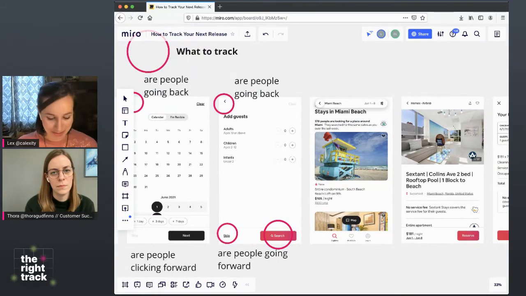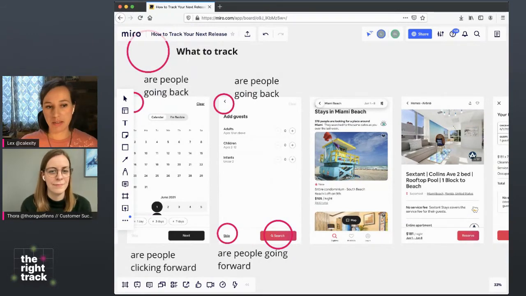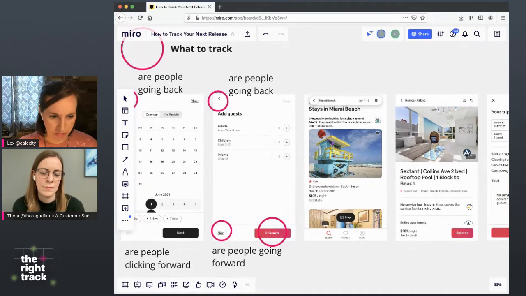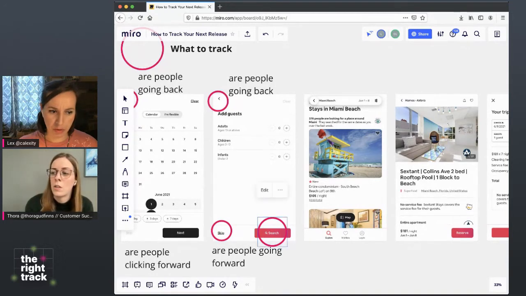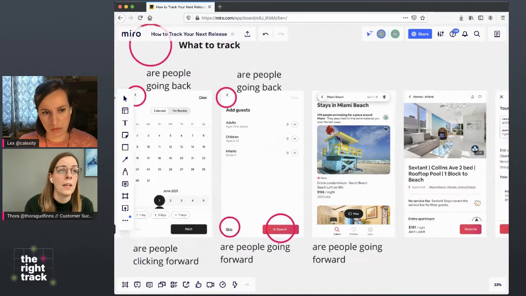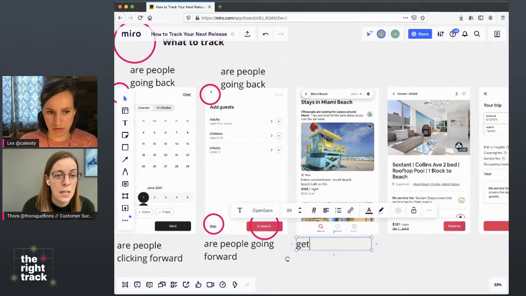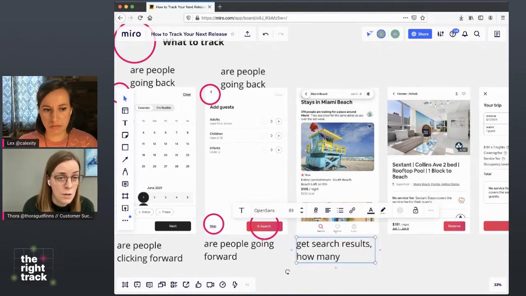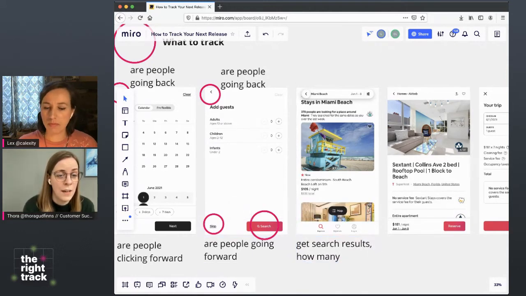All right, we're here. We've searched for stays in Miami Beach, and we have some things to choose from for our reservation. What might we want to look at here? We want to know maybe how many listings loaded, like the fact that they saw listings. Searches are very important in that way. So I think just getting search results, that is an important event as well. Because how many search results and the quality of the search results that you get is going to affect so much how you're going to continue and how you're going to go forward after that, right? Yeah,